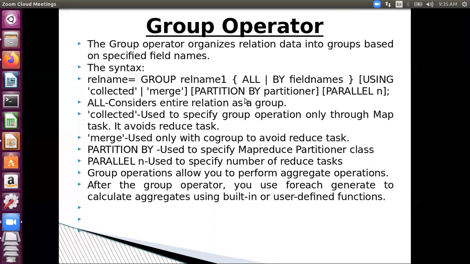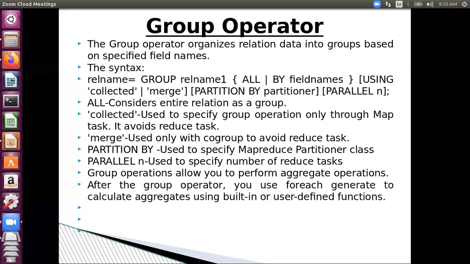So it organizes your relation data into groups based on specified field names. All right. So the syntax would be relation name equal to group relation name, either you will write all or you will write by some field name.